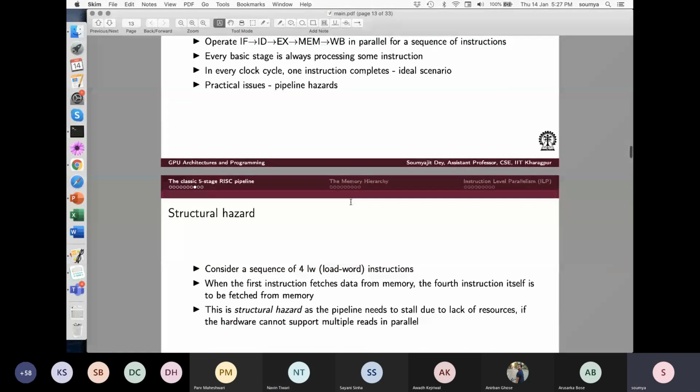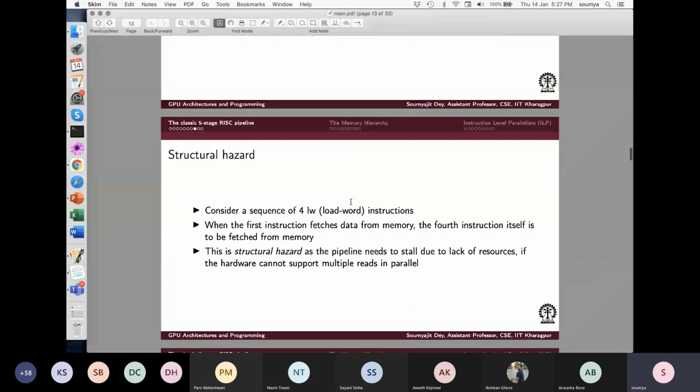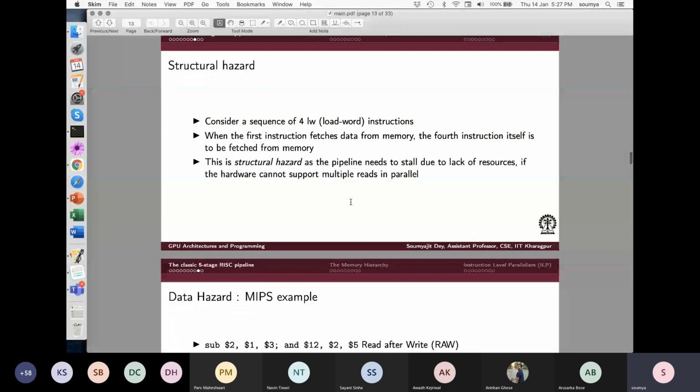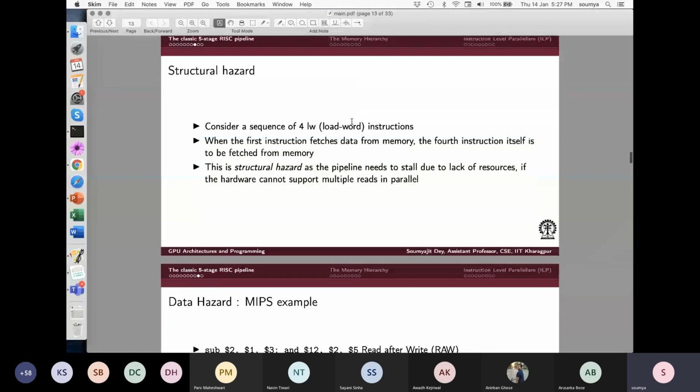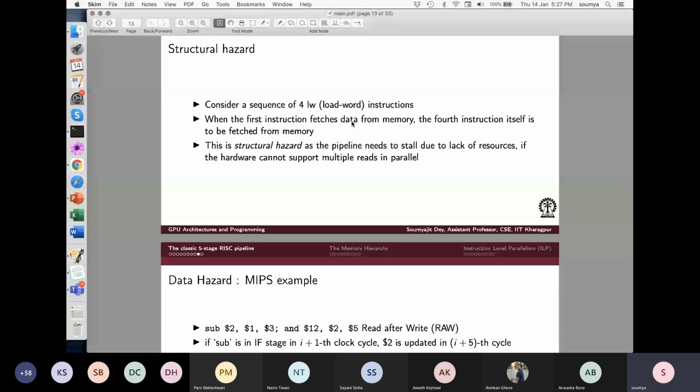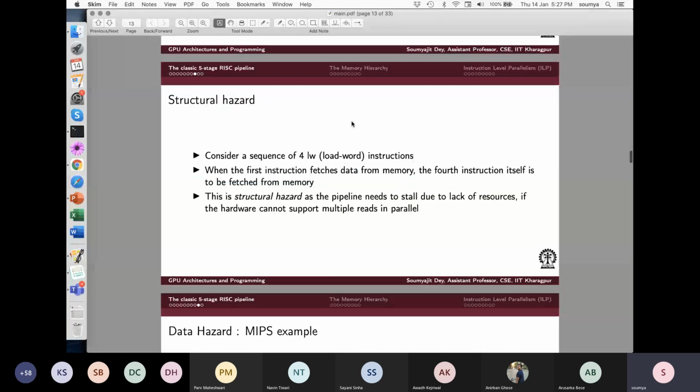So I think we understood a bit of pipeline, and after pipeline comes the issue of hazards. Now, do you have any question on the hazard part? I think some of these things are explained with examples here. So if you have any question, you tell me which slide and what to ask. I mean, which part you want to understand, or otherwise we'll just browse through this.